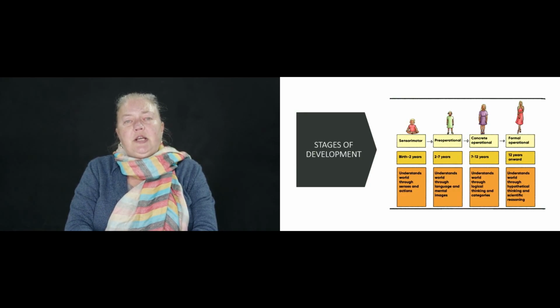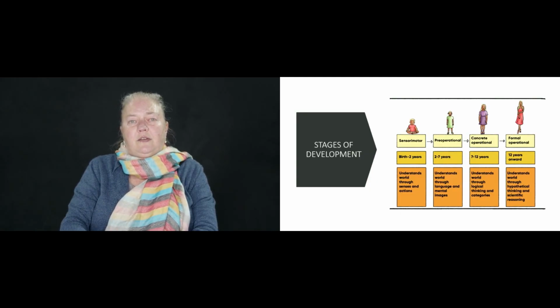The pre-operational stage is about 2 to 7 years old, and these children understand the world through language and mental images and symbols. They're still pre-operational, operational referring to logical thinking. So they are before logical thinking. For example, a pre-operational child, if you take them to a cemetery, might think that the cemetery kills the person because they see all the coffins going into the cemetery. So the cemetery might be killing the people, when in fact that's pre-logical, because it's in fact the end point of when you are dead that you get buried.